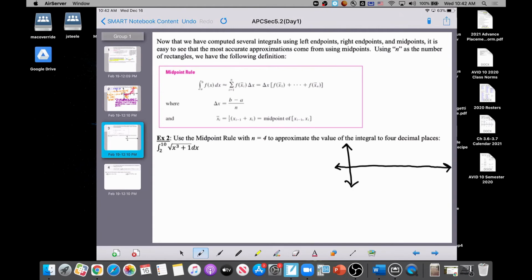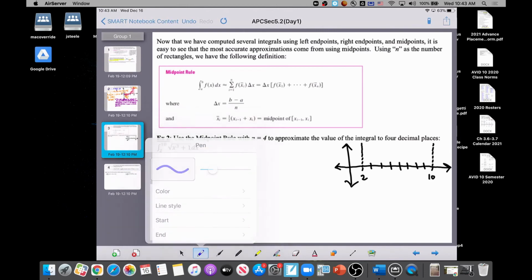So if we're looking at the area under the curve between x equals 2 and x equals 10, and we're going to divide this into 4 rectangles, okay, so we kind of have that spacing right there. If we're going to divide this into 4 rectangles, so our n equals 4,